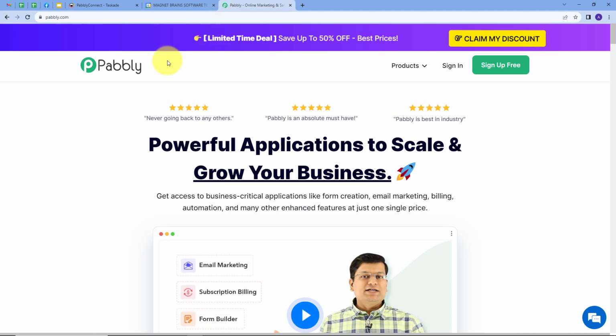And it will take us to this landing page of Pabbly. Here we have two options, sign in and sign up for free. If you don't have any account with Pabbly, you can just sign up for free and it will take only 2 minutes of your time and you will get hundreds of tasks free every month. Or if you already have an account, you can just sign in